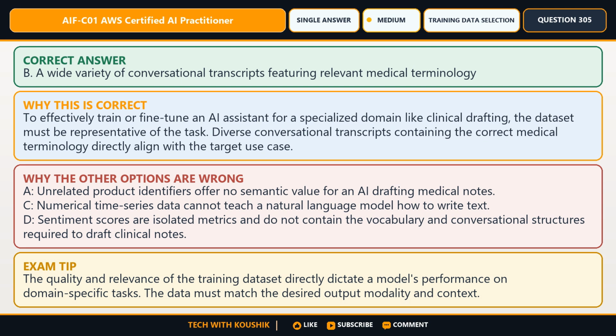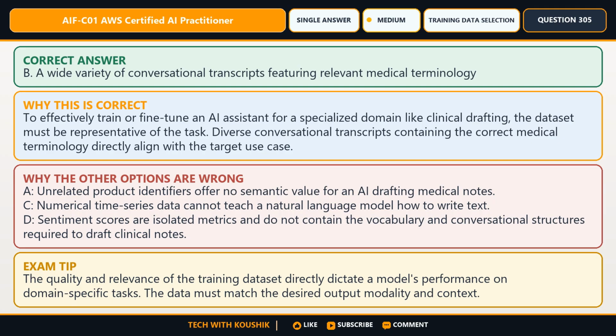The key clue points here because to effectively train or fine-tune an AI assistant for a specialized domain like clinical drafting, the dataset must be representative of the task. Diverse conversational transcripts containing the correct medical terminology directly align with the target use case. A. Unrelated product identifiers offer no semantic value for an AI drafting medical notes.